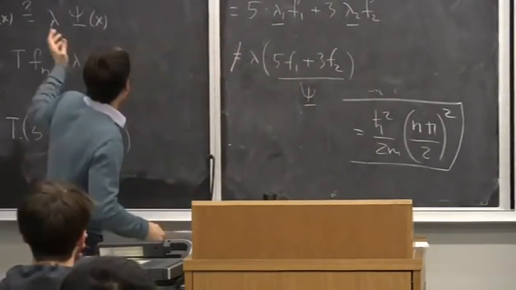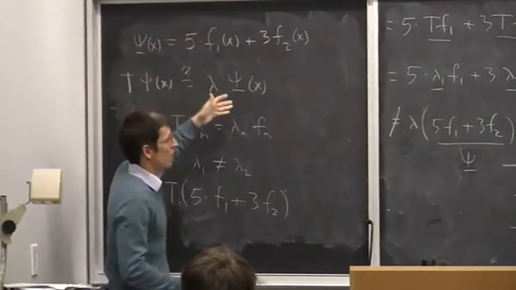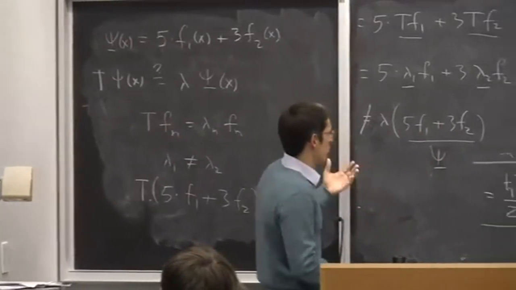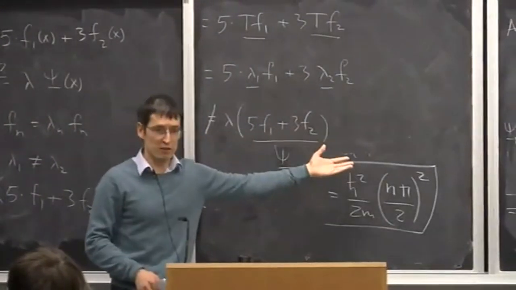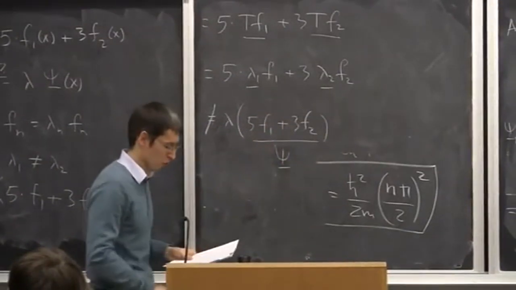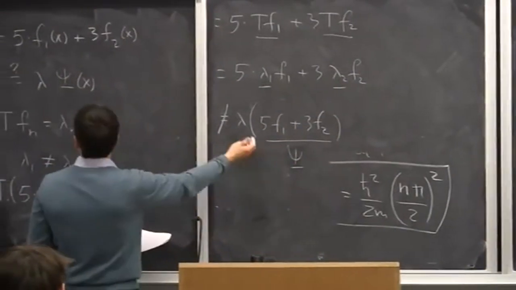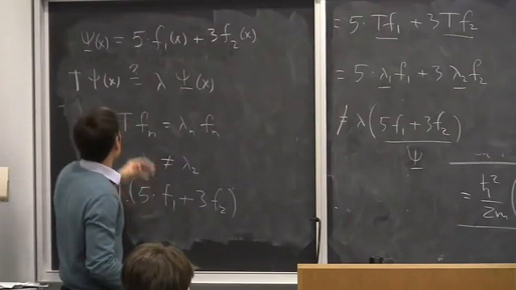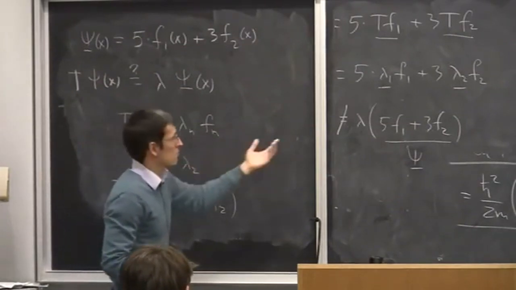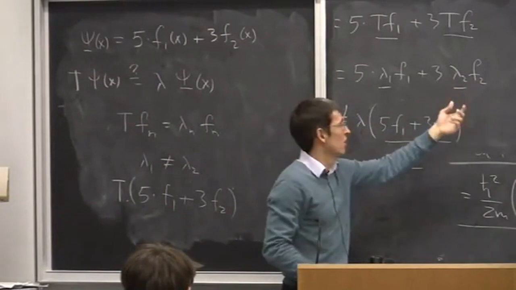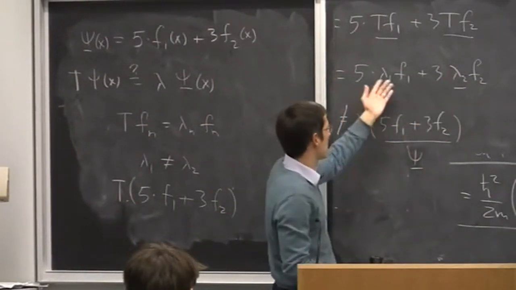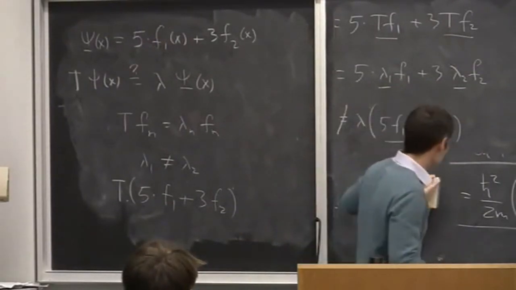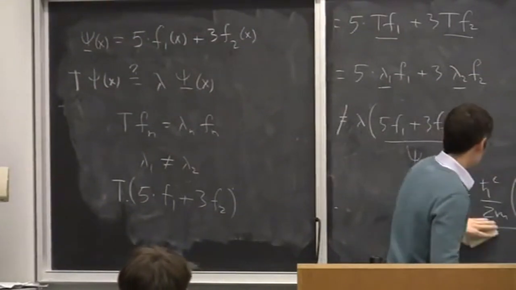That's why the simplest way to figure out what the operator does to a function is to write your function as a linear combination of eigenfunctions of the operator and then act on each term with the operator. So we've shown right now that if you have a linear combination of two eigenfunctions, it's not an eigenfunction anymore, because when the operator acts, it makes the eigenvalues pop up, and those eigenvalues are different. All right? Now, okay, so what's the next step?